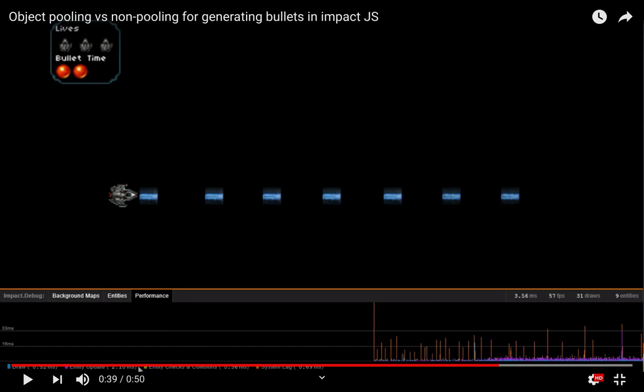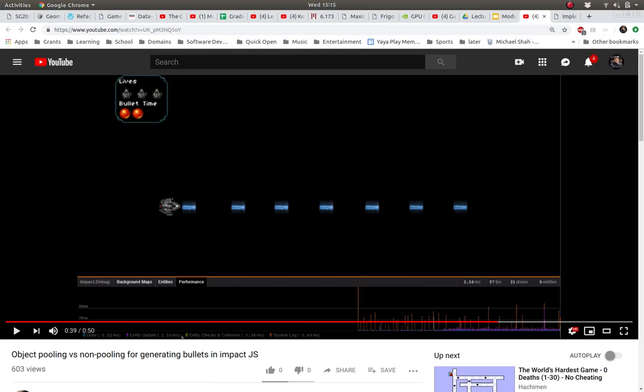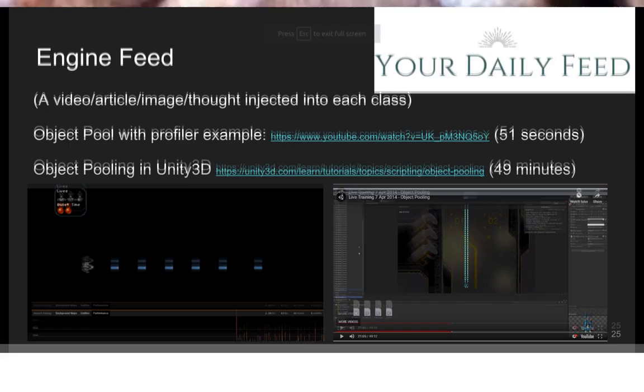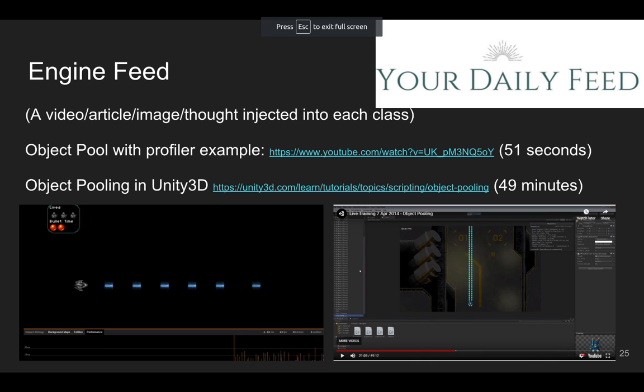With the other one, when they fired the projectile, it just went off and off, and eventually its lifetime ran out. But it was just constantly creating new objects. So this was a better system. Okay. Again, if you want to see it, the Unity one's pretty good. 49 minutes. I think in some of the early Unity tutorials, maybe the space shooter or something, there's also a 5-minute version of doing the pooling